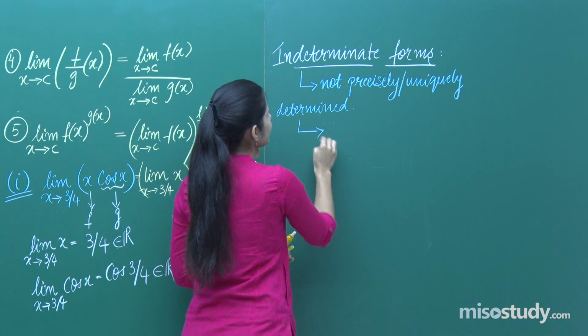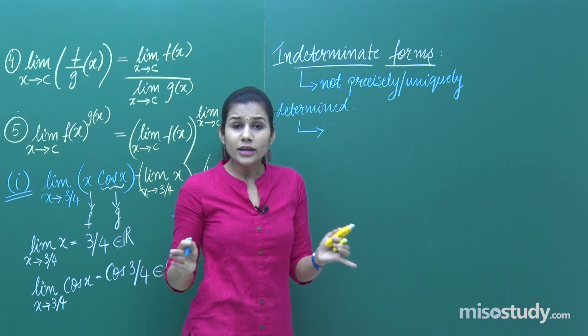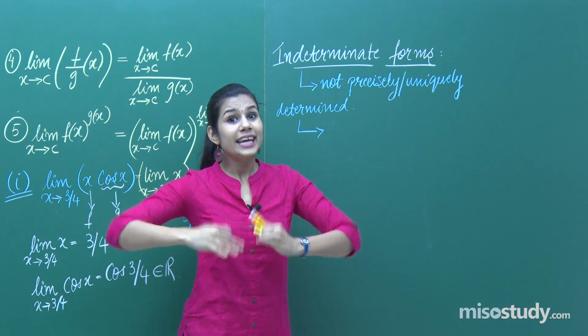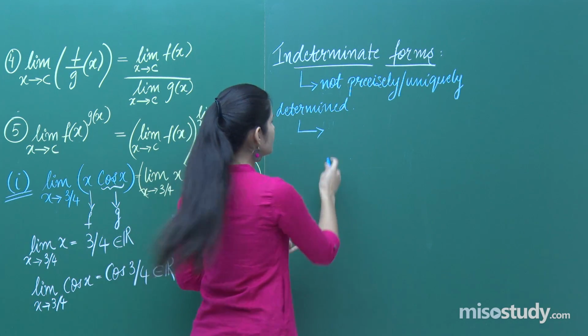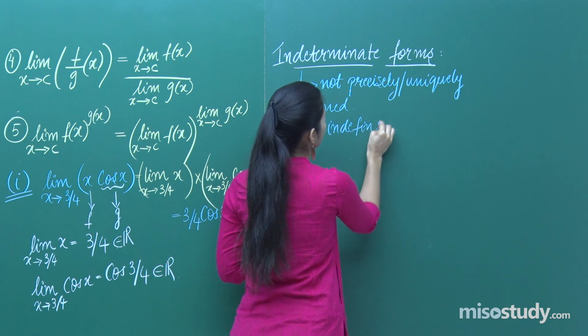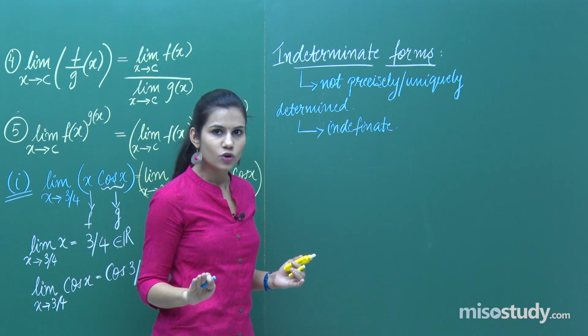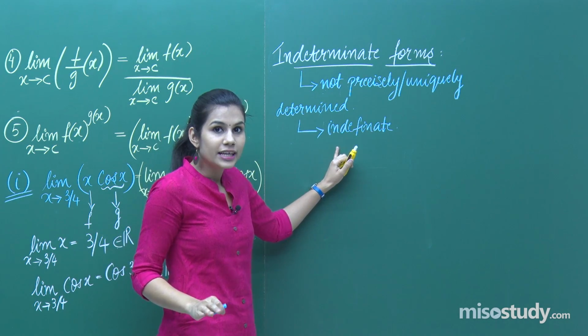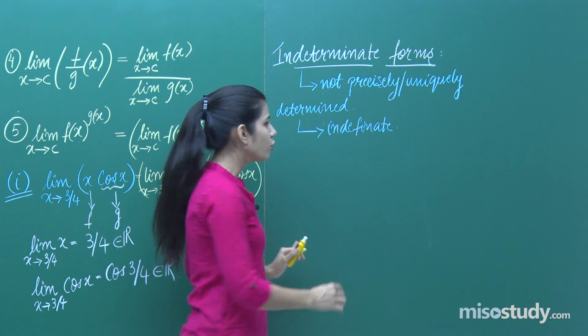Or I can say something which is not definite, something which is indefinite can be termed as indeterminate. So, indefinite. Something which is not definite. It can change, it can vary, it can alter, and therefore